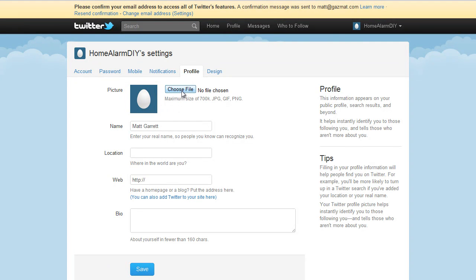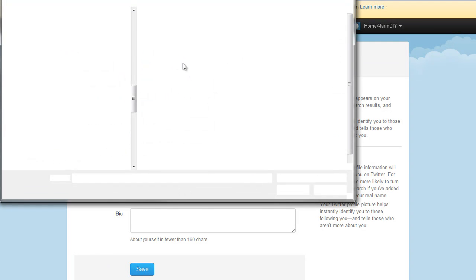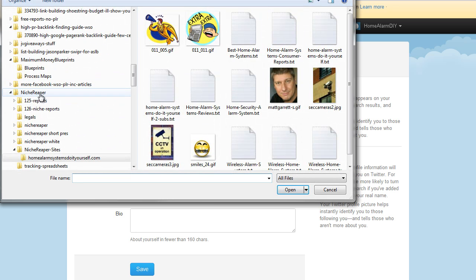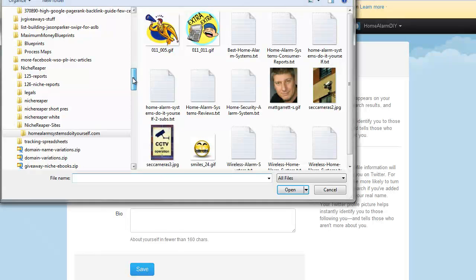Okay, so what I'm going to do is click on Choose File, and right in here, what I've done, basically, I've set up a folder called NicheReaper, and in here I have a folder called NicheReaper Sites, and there I then list all my different sites, and for each one I keep track of the different bits and pieces, such as my articles. I keep all of those in that folder, plus some useful graphics for things like my Twitter